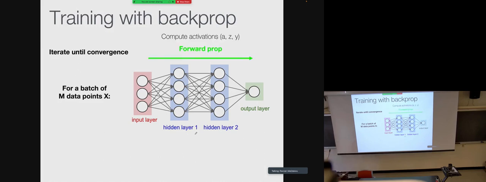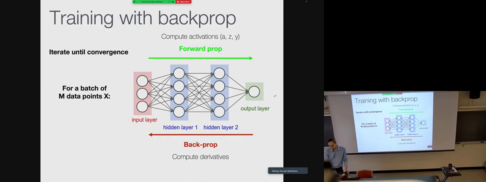And we have something called forward propagation, where we start from the input layers and we go forward in the network, and we compute the value of the loss function. And then we have something called backpropagation, where having computed the loss function, we go back and compute the gradients of the loss function with respect to the weights.